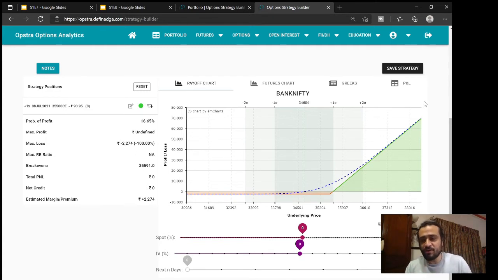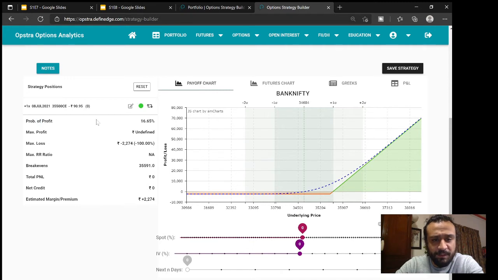So tomorrow it's not going to look like this. As you can see here, there is next n days. So it's showing today is a Thursday, so Friday, Saturday, Sunday, Monday, Tuesday, Wednesday, Thursday. Thursday is the 8th of July on which it will expire. Is this clear? Let's see what it says here.